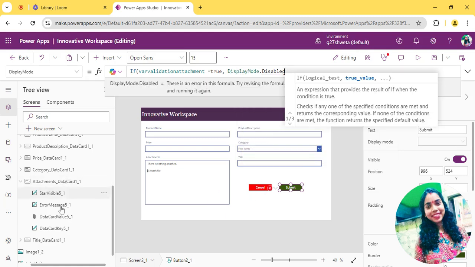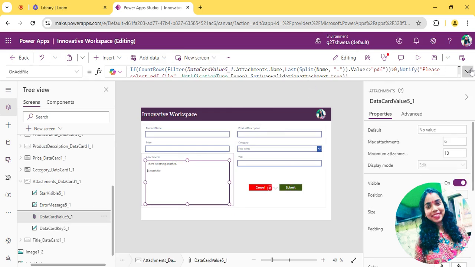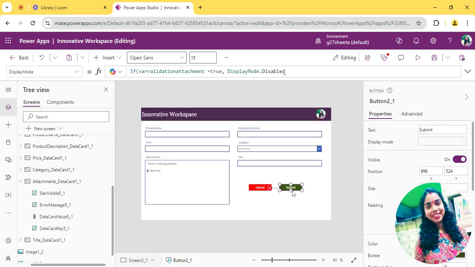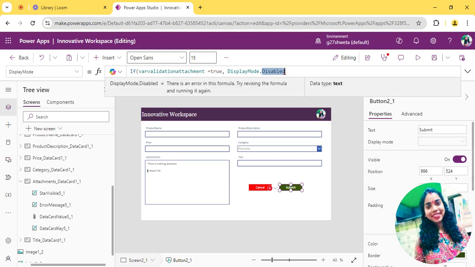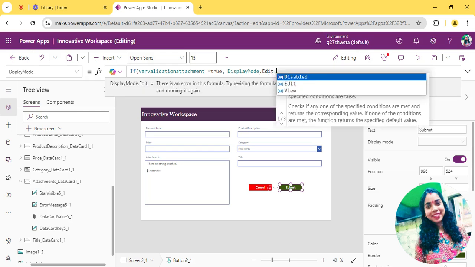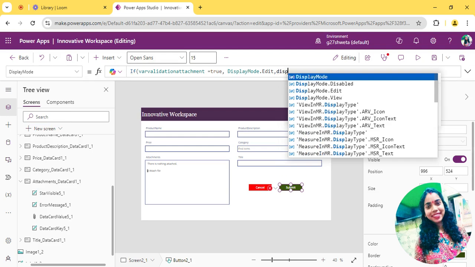First let me check display mode. If there is no error, then the validation attachment is true. Okay. So when this is true, then display mode dot edit, else display mode dot disable.